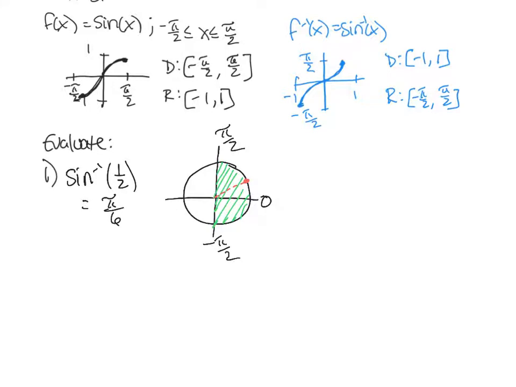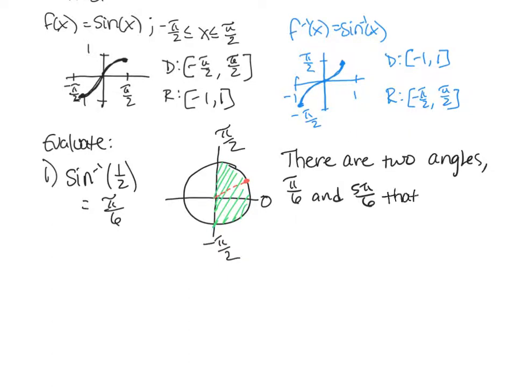I know I've been talking a lot, and some people are probably like, whoa, what's going on? So I'm going to write down some of the information I've been saying. So let's see. There are 2 angles, π/6 and 5π/6, that have the y value of 1/2. So that's kind of what this question is asking for. However,